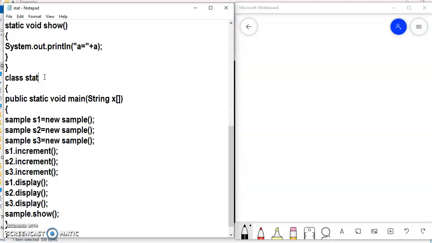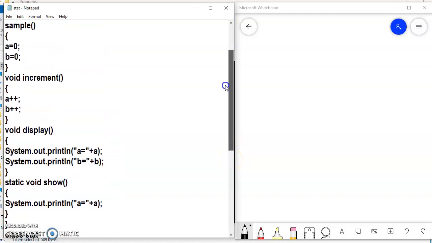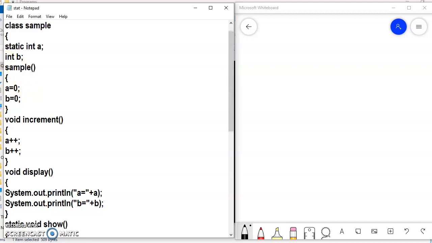Inside the Stat class, I write a main method. Inside the main method, if you see, I created three objects of class Sample, that is S1, S2, S3. We all know whenever we create an object of a class, its constructor will get executed, and Sample has a constructor, right?